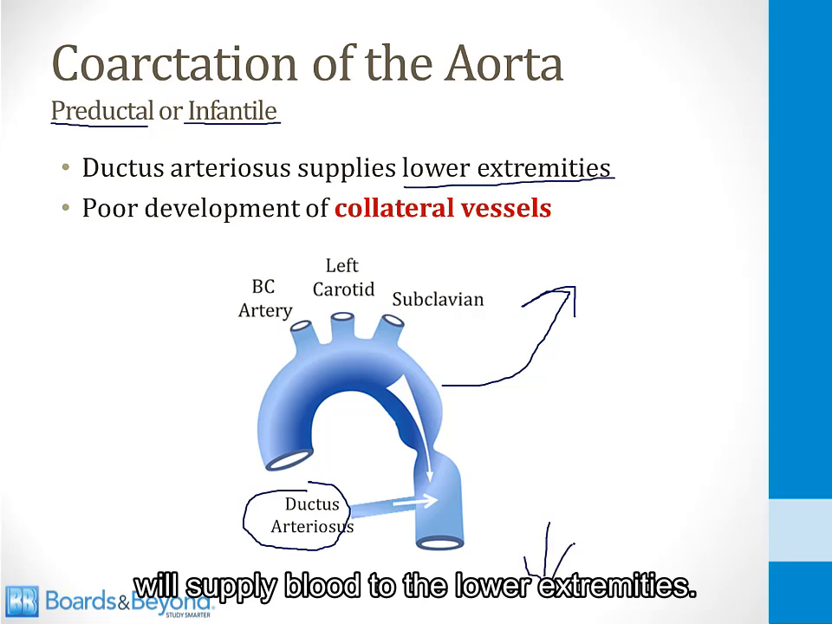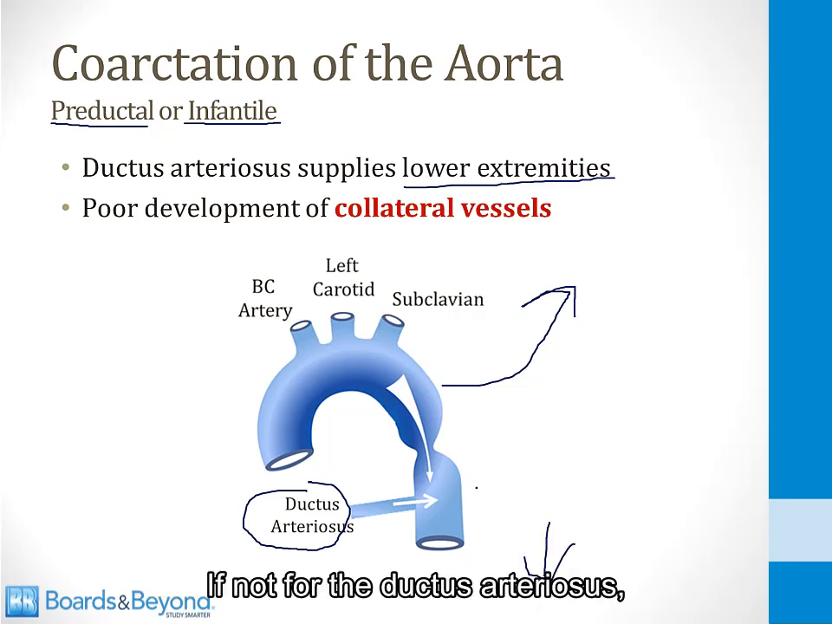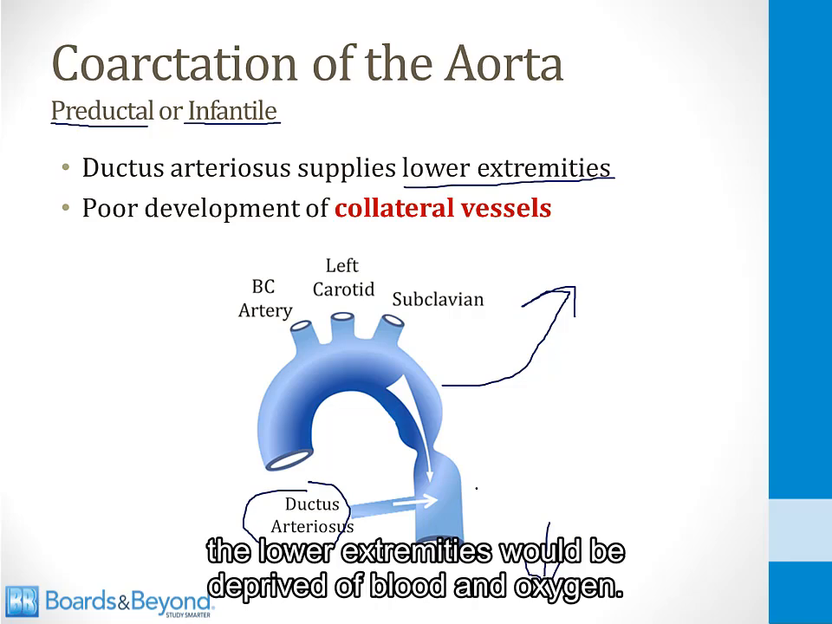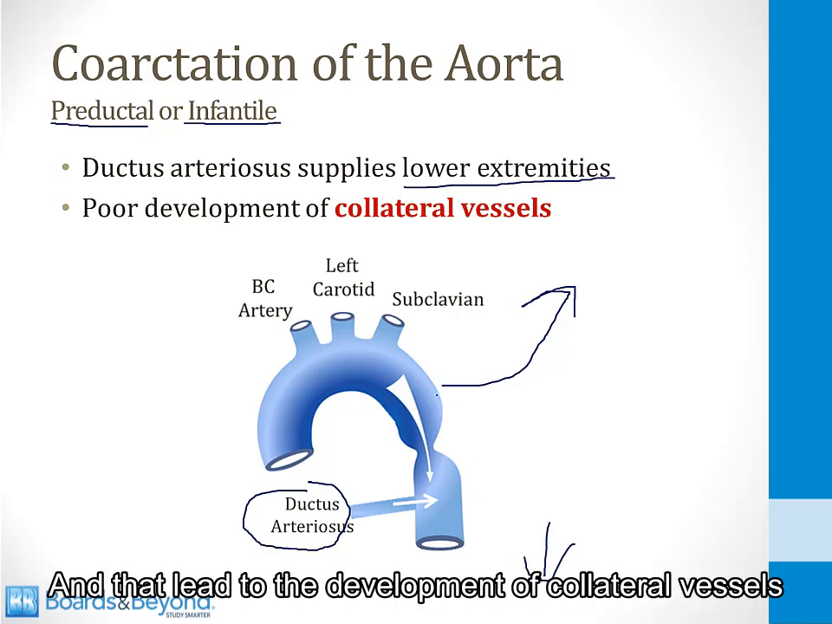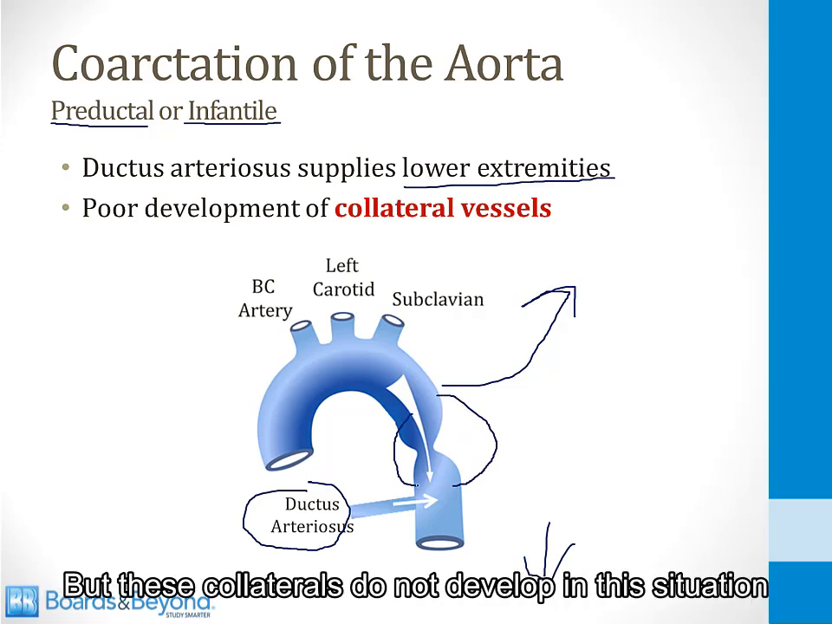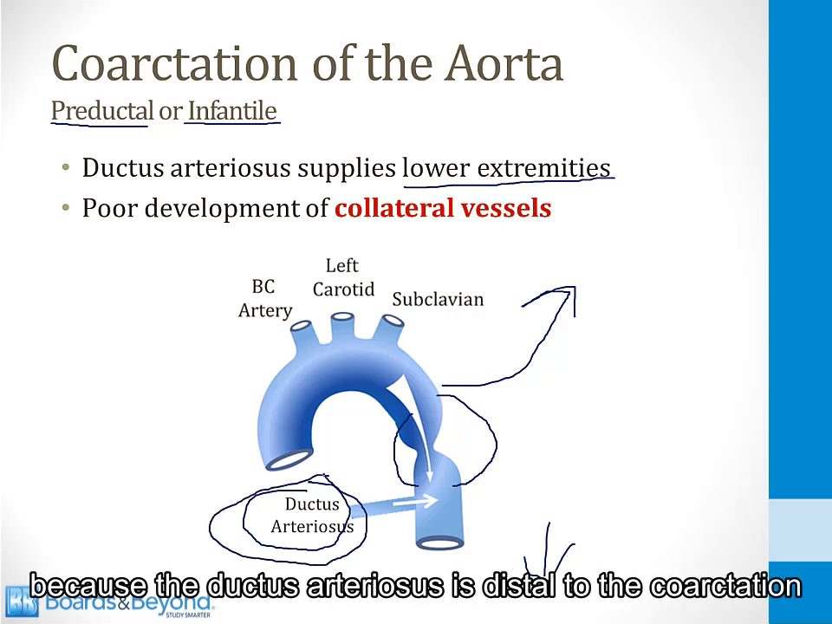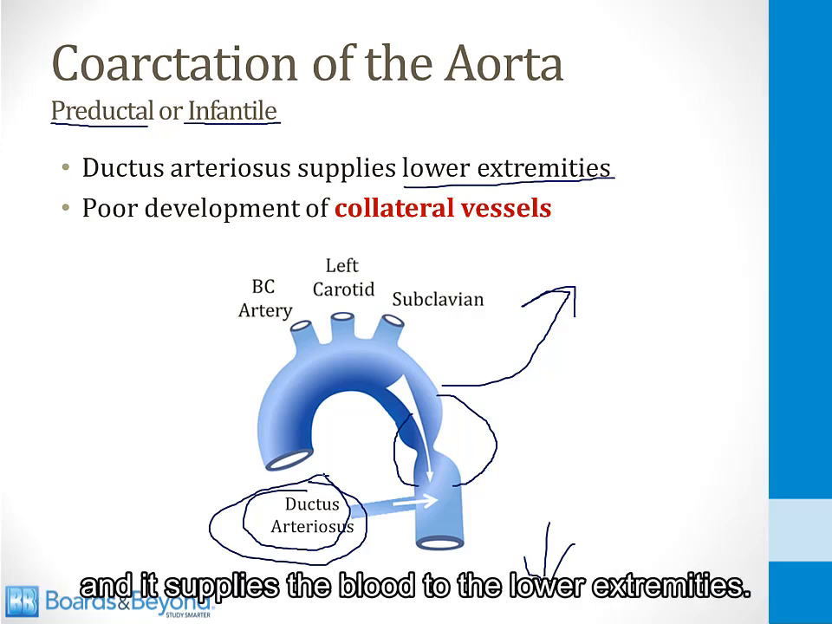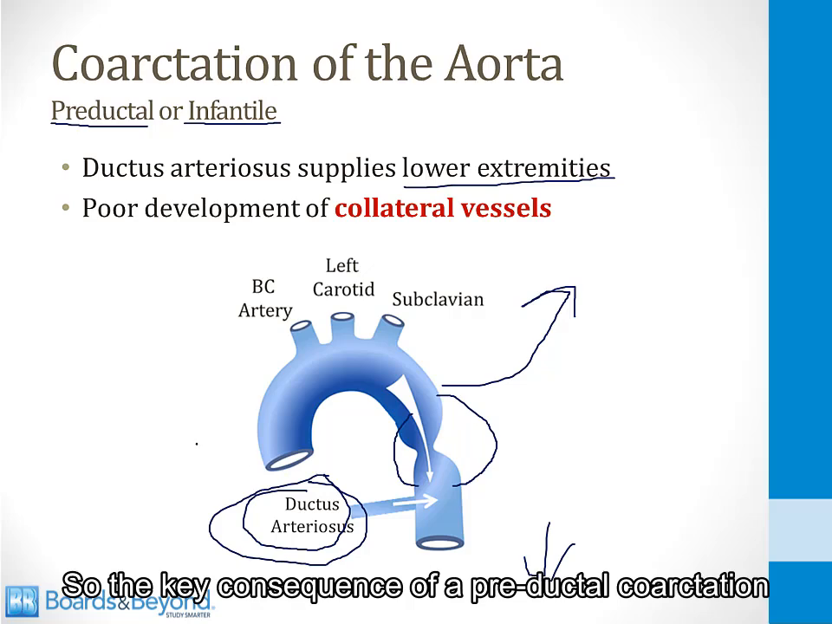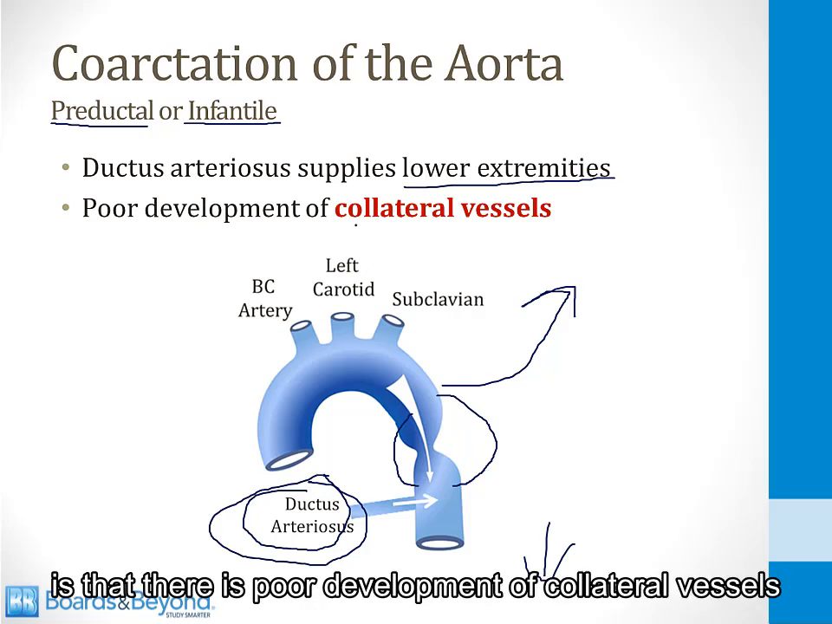to the lower extremities. If not for the ductus arteriosus, the lower extremities would be deprived of blood and oxygen, and that would lead to the development of collateral vessels around the coarctation. But these collaterals do not develop in this situation because the ductus arteriosus is distal to the coarctation and it supplies the blood to the lower extremities. So the key consequence of a preductal coarctation is that there is poor development of collateral vessels in the fetus